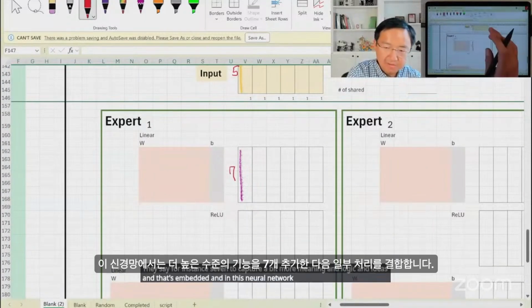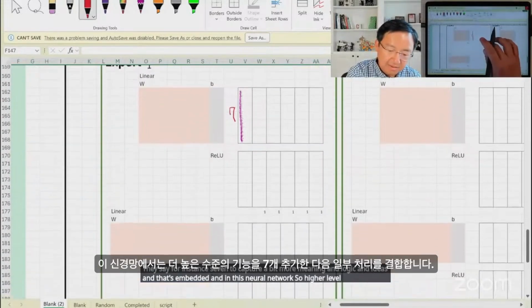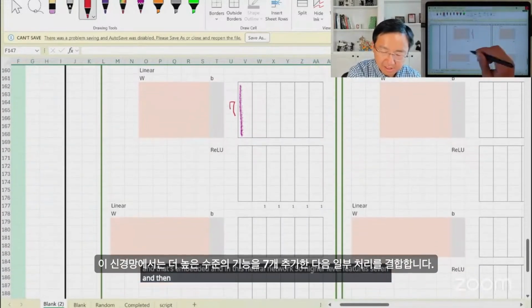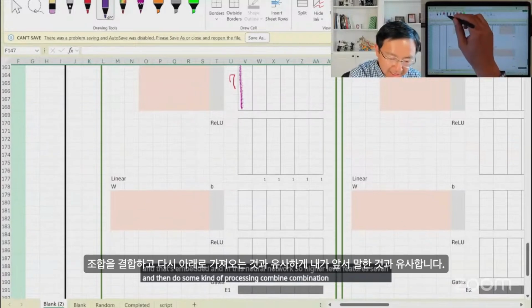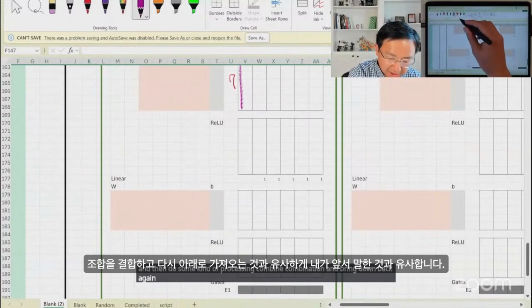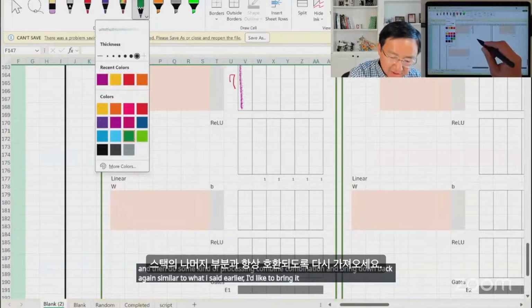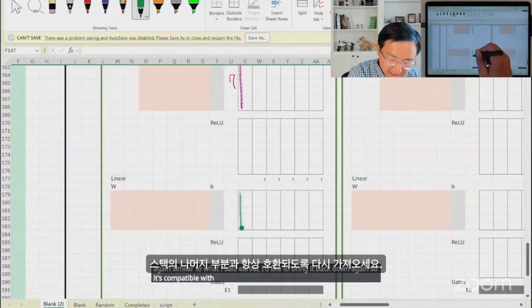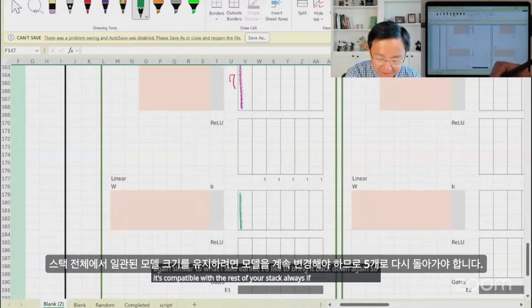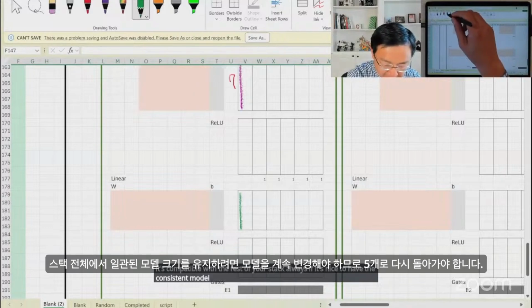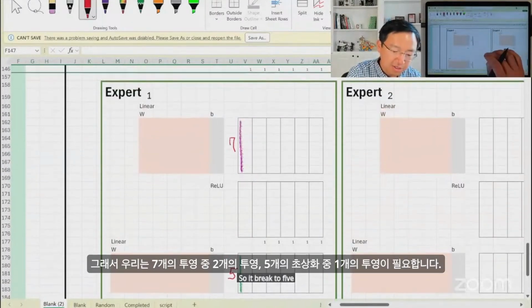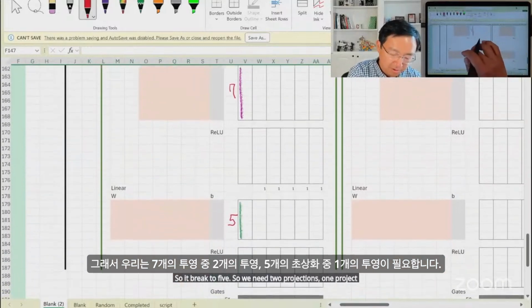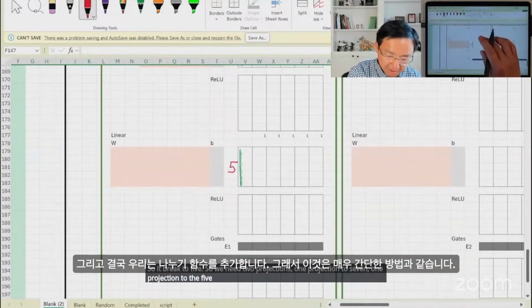So higher-level features, 7, and then do some kind of processing, combination, and bring it back down again, similar to what I said earlier. I'd like to bring it back down so it's compatible with the rest of your stack. It's always nice to have a consistent model size across your stack instead of continually changing it. So we're back to 5. So we need 2 projections, 1 projection to 7 and 1 projection to 5, and in between we add